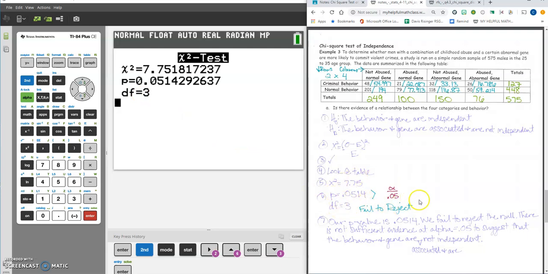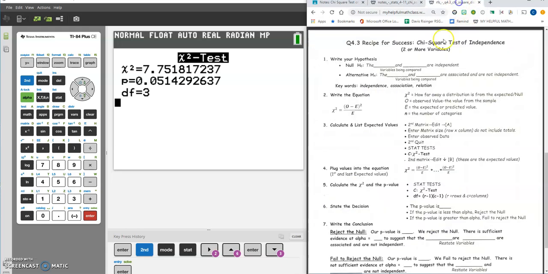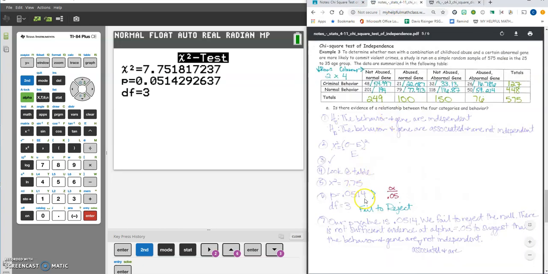Now, when we compare in step 6, again, back to the recipe card, if the p-value is less than alpha, we reject. If it is greater than alpha, then we fail to reject. In this case, for the p-value, I tell you to think of it like money. This is right now 5 cents, and this is 514. Add on 2 extra zeros, so we would have $500, or would you rather have $514? I think we all know we would rather have $514, so P is greater, and therefore it is a fail